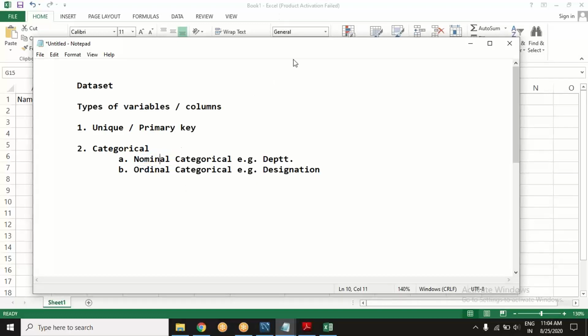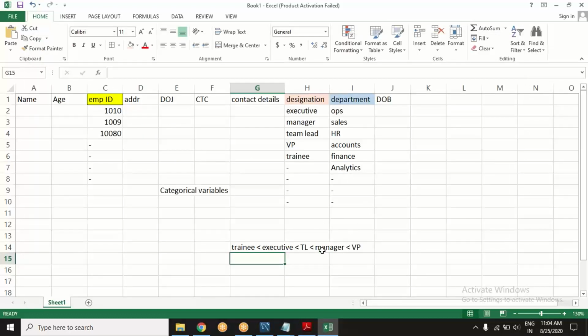Nominal categorical. Now how are they different? Think about it. Can I in any sense say that sales is greater than HR and HR is greater than finance? Because there is no particular order. I cannot make any ordinal inference here.